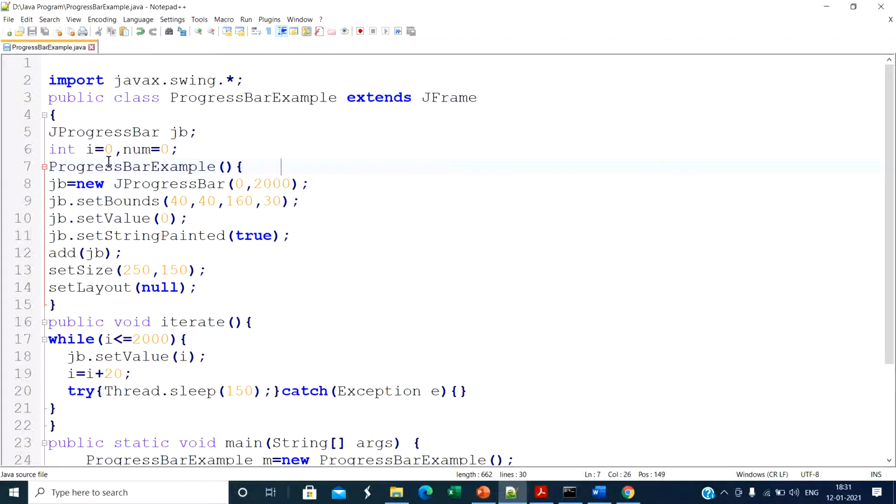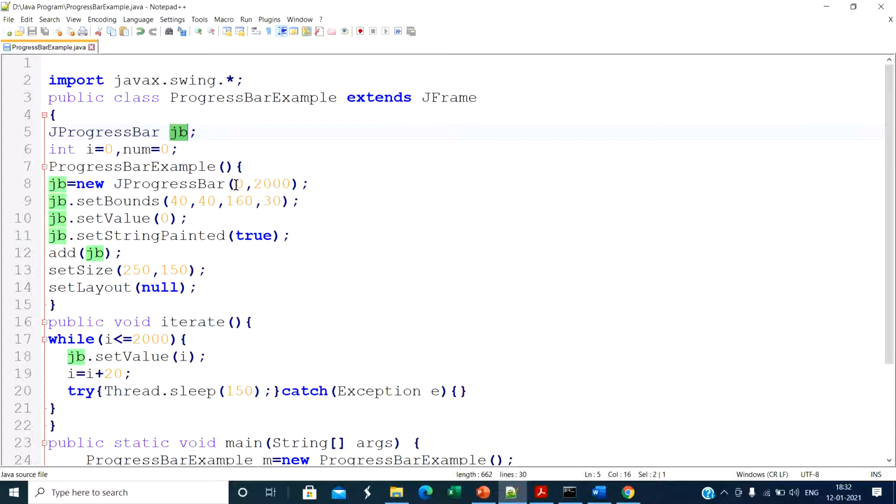Then we define the constructor of our class ProgressBarExample. Inside the constructor we initialize the object of JProgressBar, jb = new JProgressBar, and inside it we define two parameters, 0 and 2000, the points of the task. Simply, the progress bar is used to display the status of your task, how much it is completed.